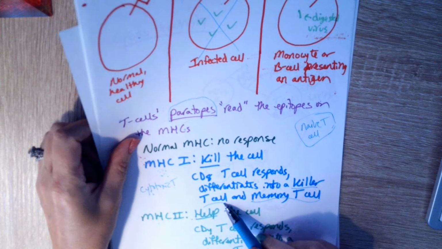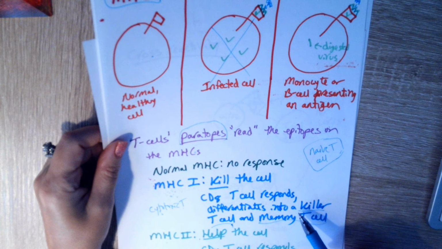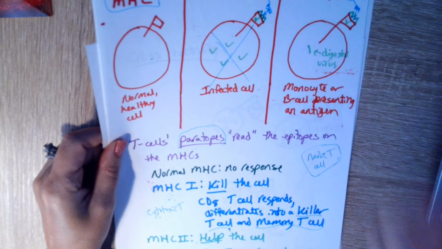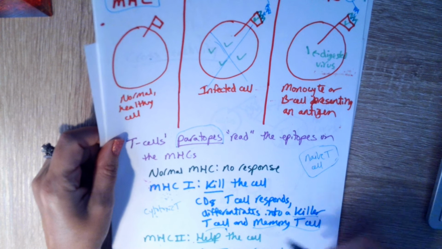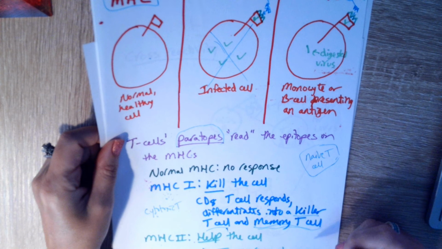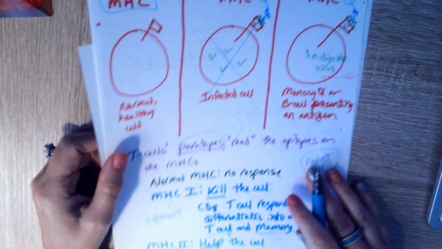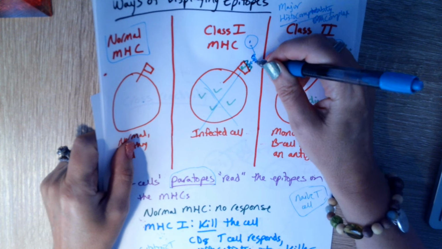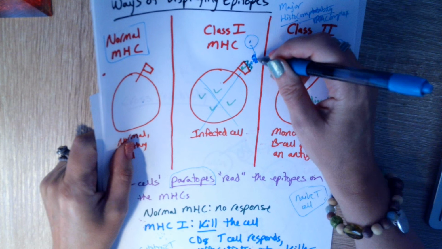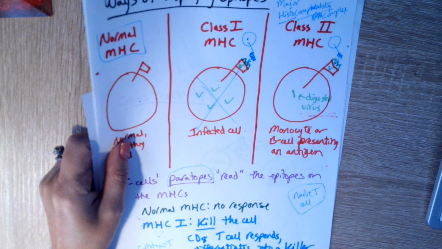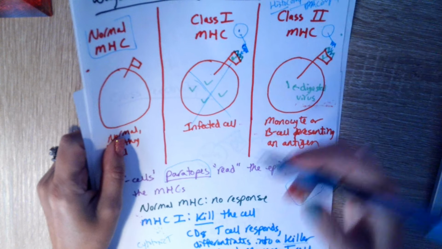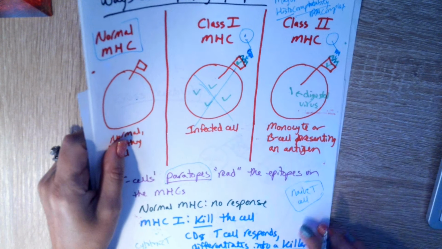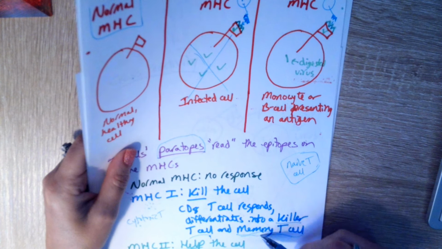Now the killer T cell is going to do exactly what you think it does. It's going to kill this cell using cytotoxic enzymes. The memory T cell is just going to go and remember this specific epitope, this specific paratope here, and it's going to be ready to react if it sees this again. It can turn into a killer T very quickly, much faster than this original process, if it sees this particular